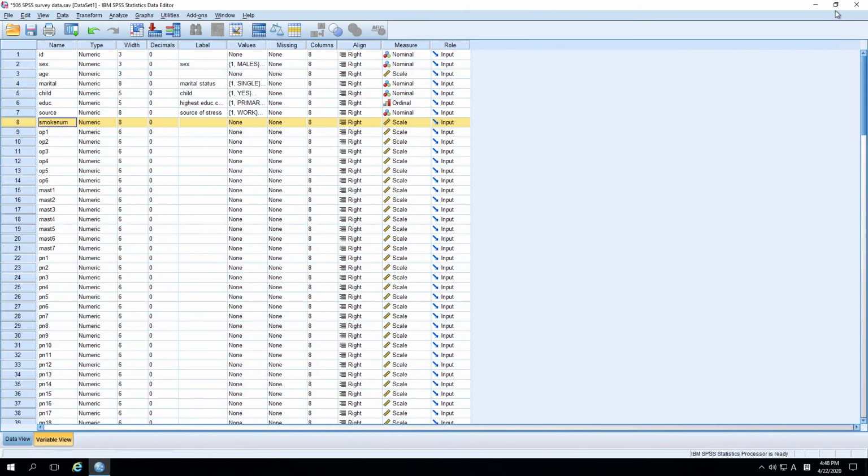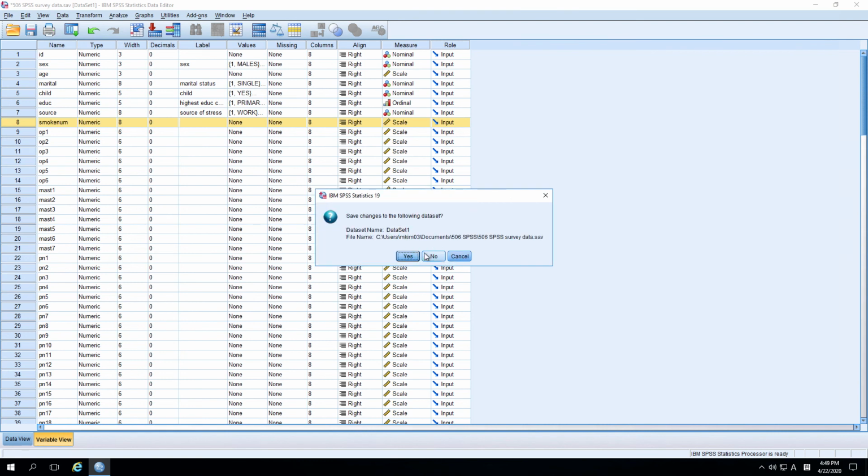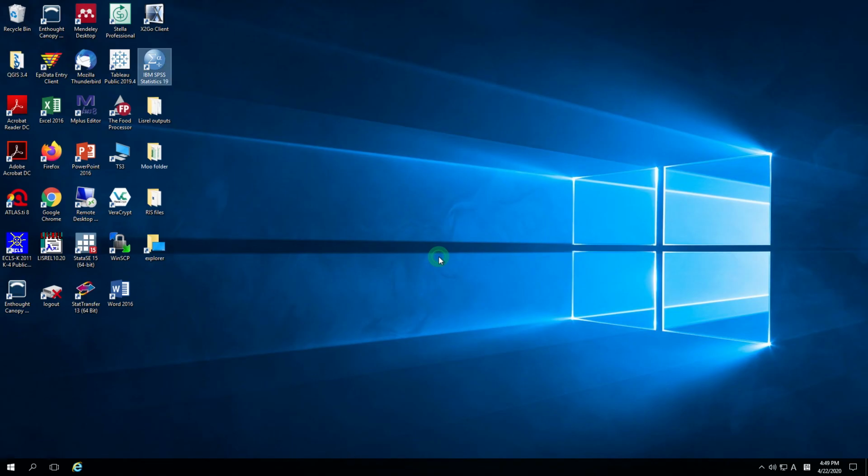And let's close this window as well. And I'm not gonna change anything for this dataset because I don't want to change this dataset. So click No. Yep, so we're all done for this exercise 2, and I will see you in the next